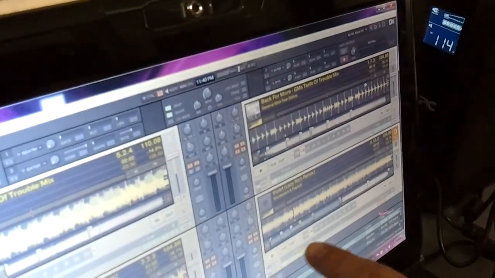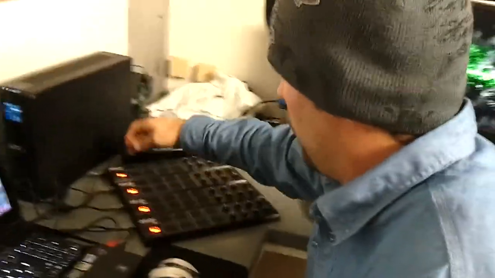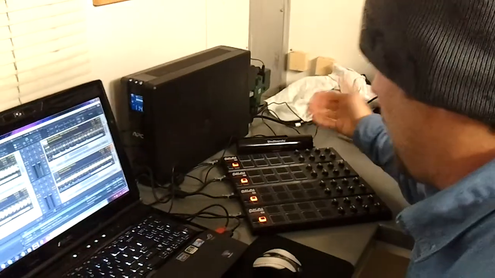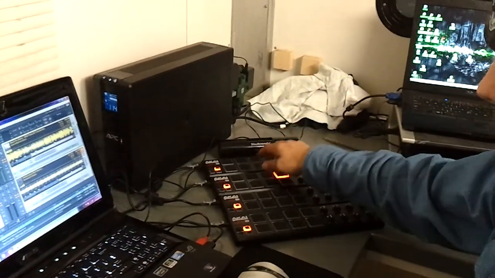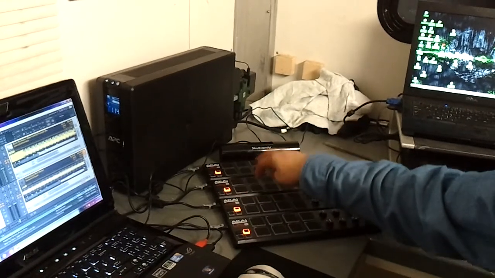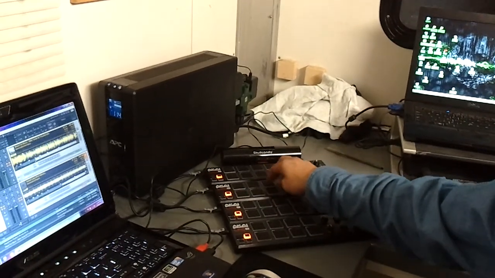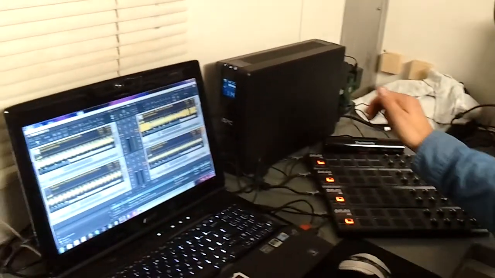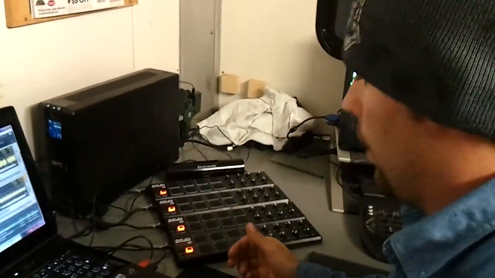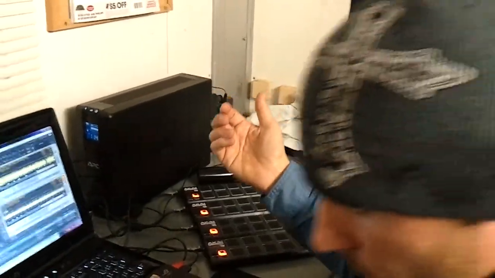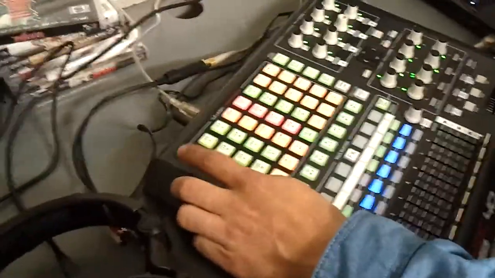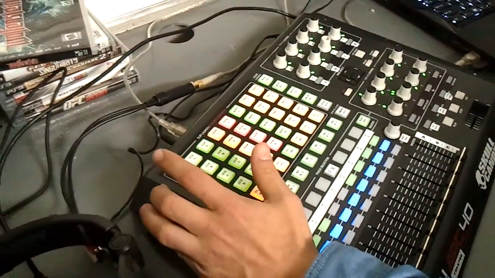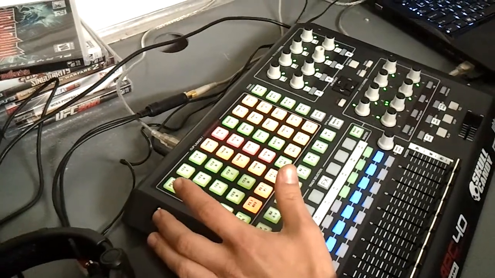And okay, now say like the track's playing, you have your cue points. You can run through them. Okay, just kind of showing you how that works. Now, on my APC 40, whenever a track is playing and I fire it from here, or from anywhere, that track, it will light up,